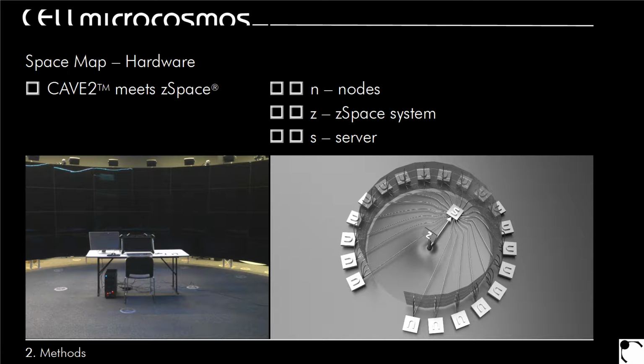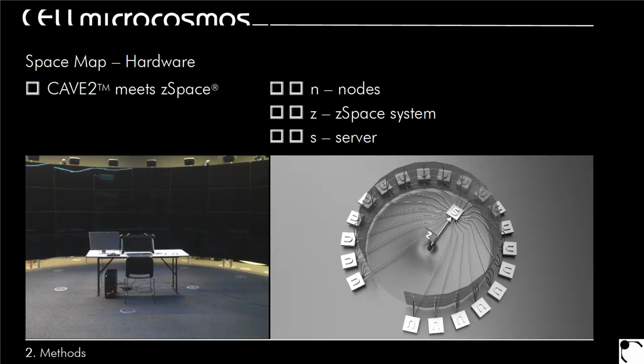I think some of you who have been here already in 2014 saw the first version of the zSpace. It's the zSpace 100. And we are actually using the zSpace model 200. So, what you are seeing here is, on one hand, you have the large cave in the background, and you see here the composition of the cave, or the working area.